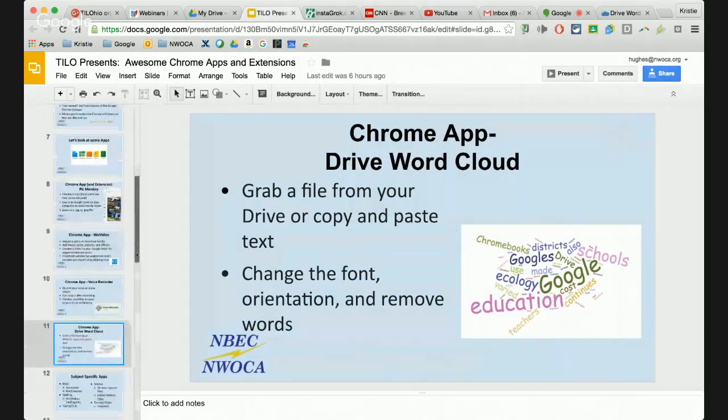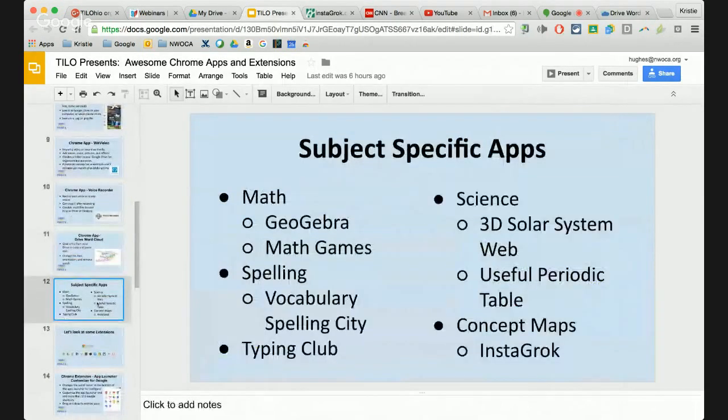So I'll hop back over here. And I'm going to go ahead and just talk about all of these subject-specific apps at the same time, because when we do these webinars, it's hard to find different subject areas, because I know there's a lot of people from all over the place teaching various subject areas rather than tuning in to one specifically. But I do want to mention these are some really popular ones, or ones that I feel are really good in these subject-specific areas.